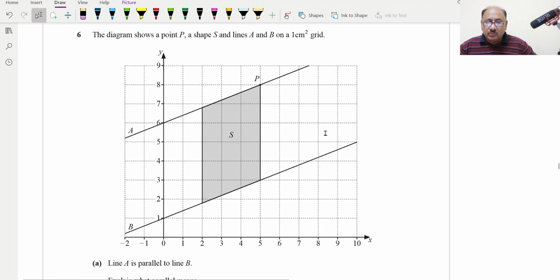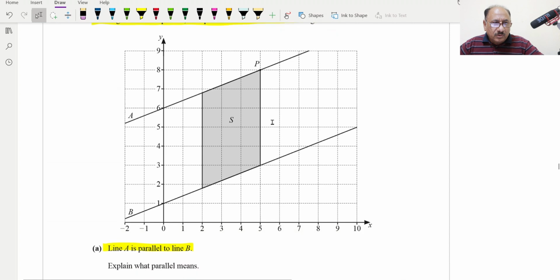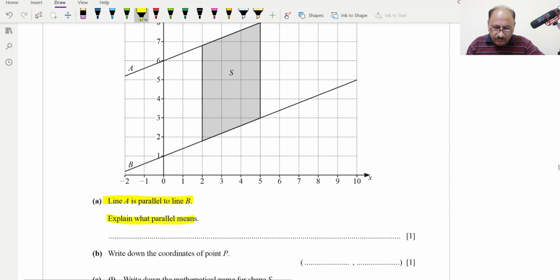Now we can go through the question number 6. Question number 6 says the diagram shows point P, a shape S, and line AB on a 1 centimeter grid, and diagram is provided. Line A is parallel to line B, and they are saying explain why. Explain what parallel means. Parallel means what? They are not having any point of intersection. We can say they are not intersecting each other, or they don't have any point common. So we will write